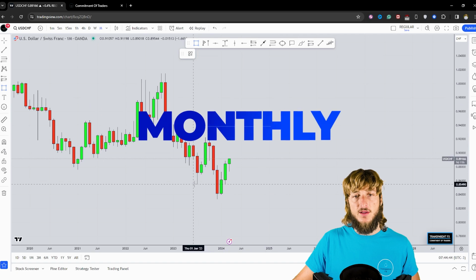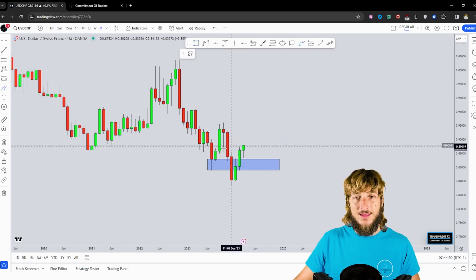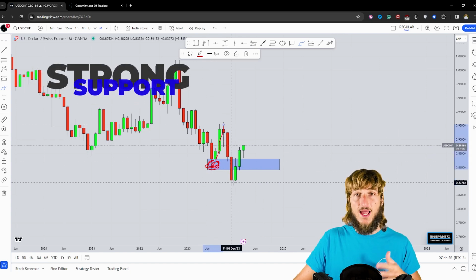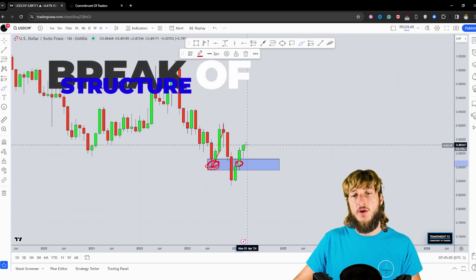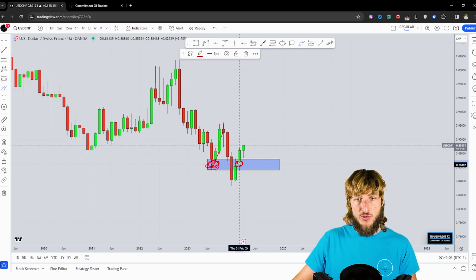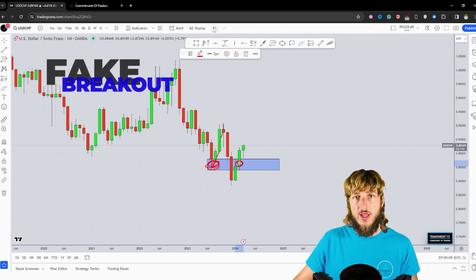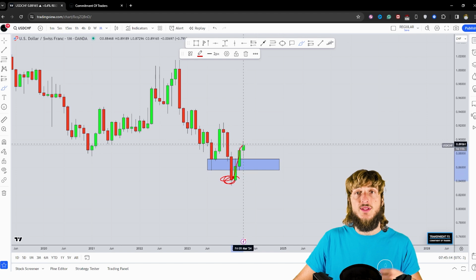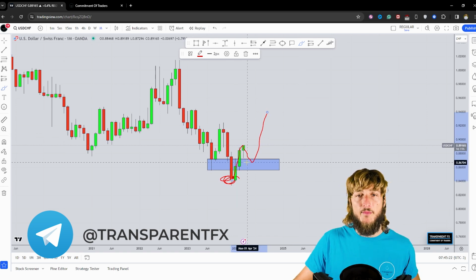Starting here from the monthly time frame, what we can see is that the market has now just broken above a quite strong level. In fact, this was acting as previous monthly support here, then the market broke it to the downside. However, instead of then respecting it as resistance here, the market broke back above that zone. So now this previous support that was supposed to be turned resistance and failed has turned into a level at which the market has created a fake breakout, because at this point, this move to the downside is a fake breakout. And when you have a fake breakout, you usually then expect a retest of the level and a massive move to the upside. So from a monthly perspective, what we could expect is some short-term bearish price action and